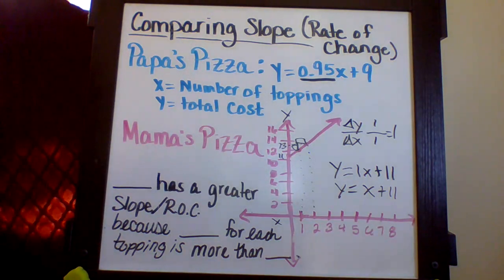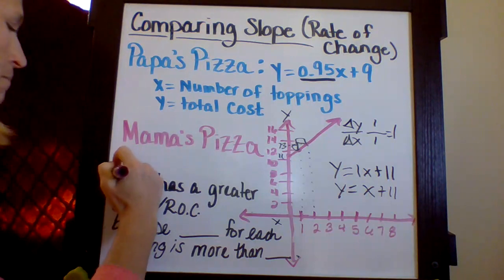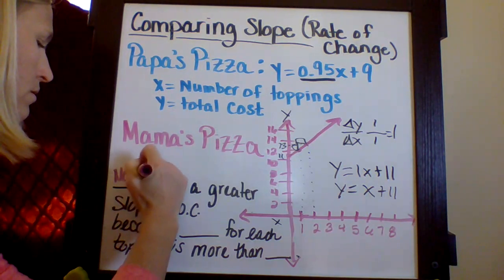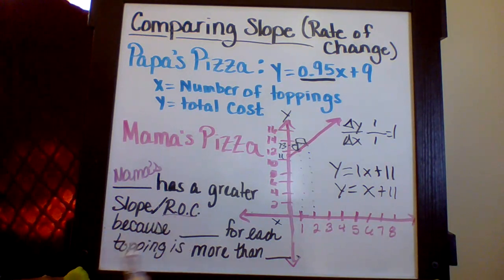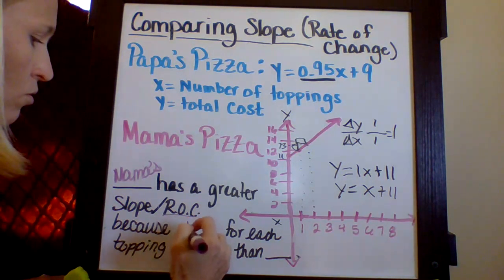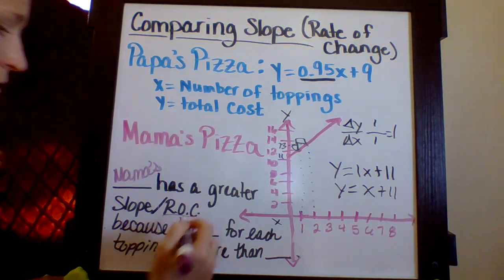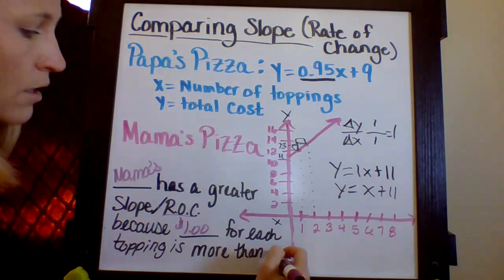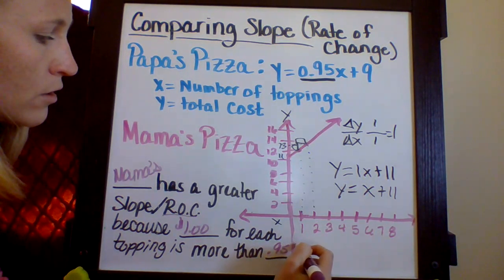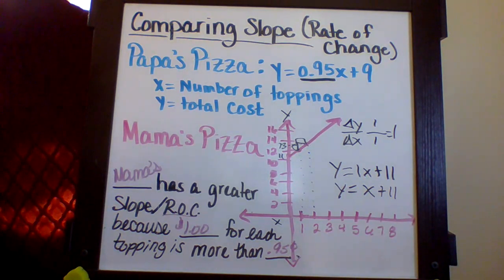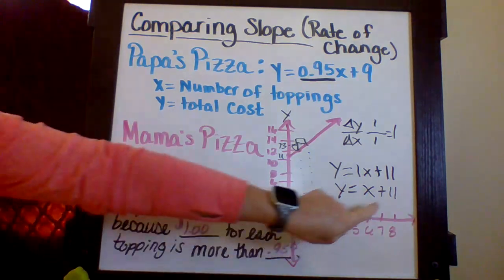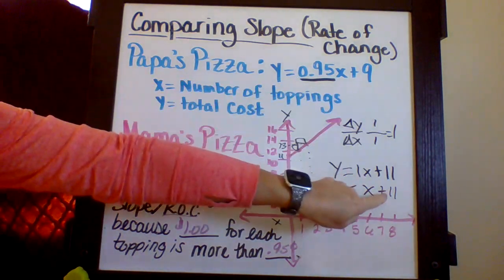Mama's Pizza is $1 per topping. So we would say that Mama's has a greater slope or rate of change because $1 for each topping is more, or greater, than 95 cents per topping. If we look at this, we would also know that Mama's Pizza charges more per pizza